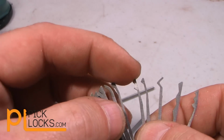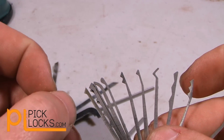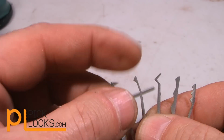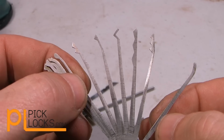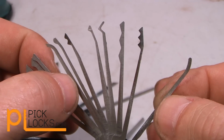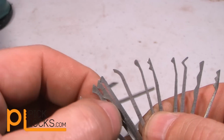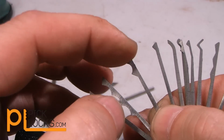And this one is a shorter version of that, 2 instead of 3, and I call that Jabberwock Jr. And you'll see some of the familiar cutaway diamond designs there. DeForest pick right here with very thin profiling, a long rake. I have 2 lifter picks in here, a Euro style and a standard style. There's a DeForest right there that has a ball tip to it, a Euro style diamond pick, and this pick